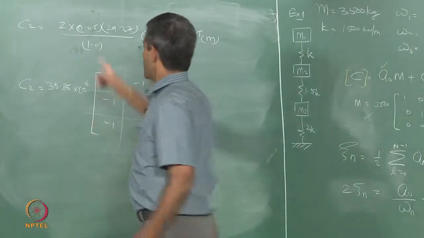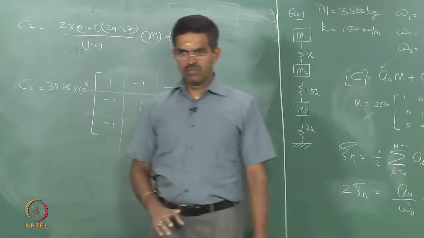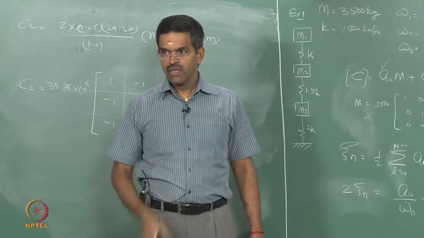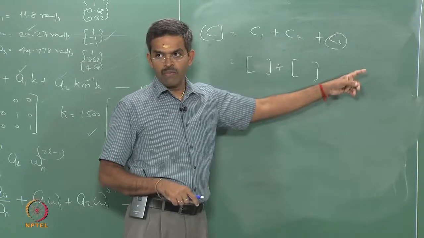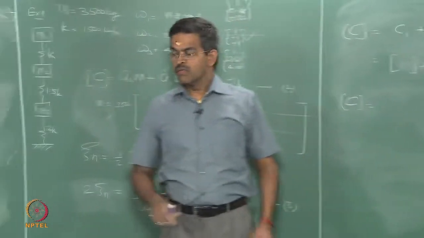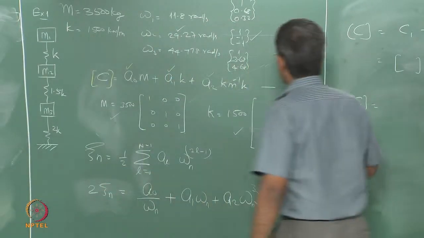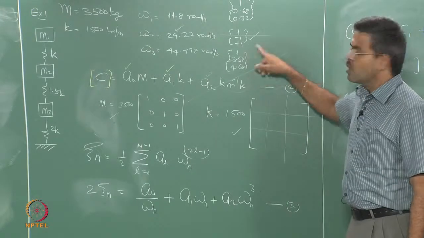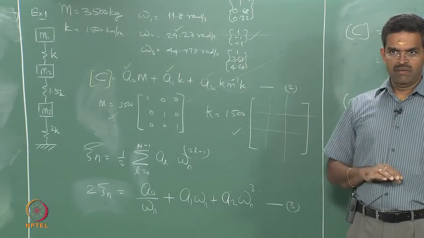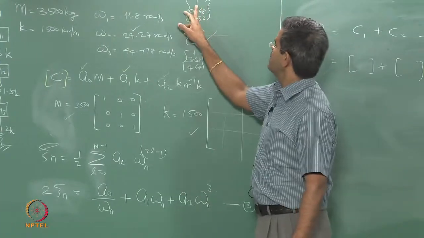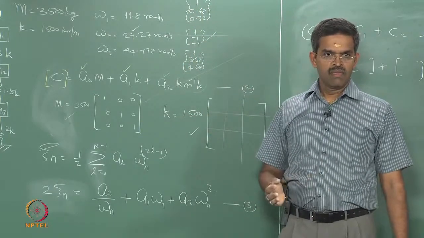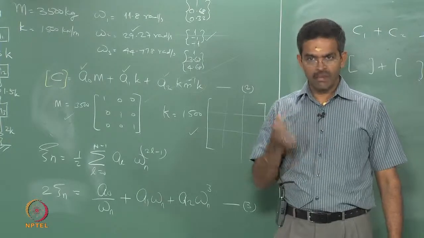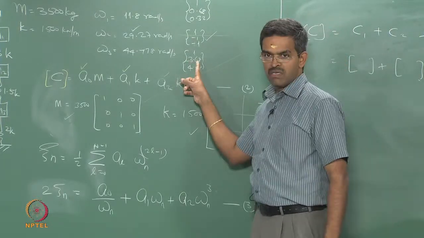So, I have zeta of 5% in all the modes, no doubt on that, there is no decrease on that, but still the contribution of that zeta on the third mode is lower. Why? The mode shapes are compromising on each other. When you get a positive displacement, you get a negative displacement somewhere, they are compromising. Therefore, there is no dissipation of energy happening because of this vibration in the entire system.